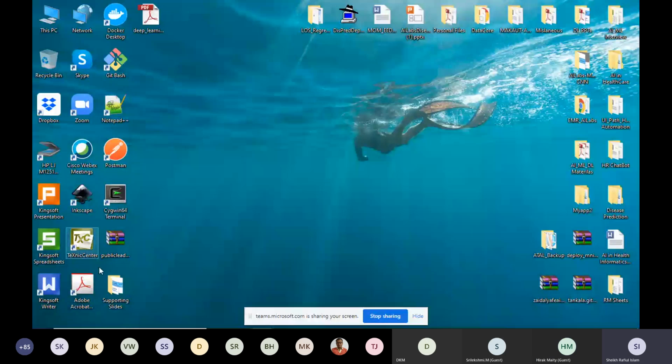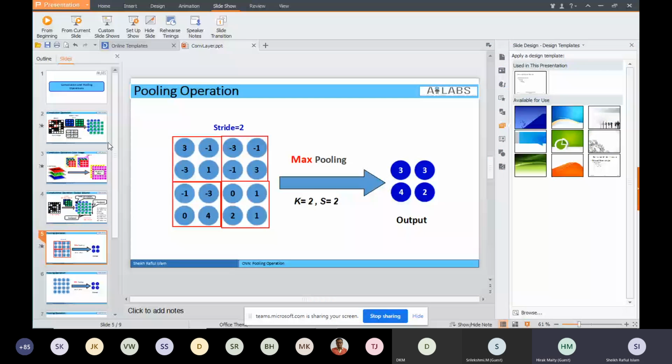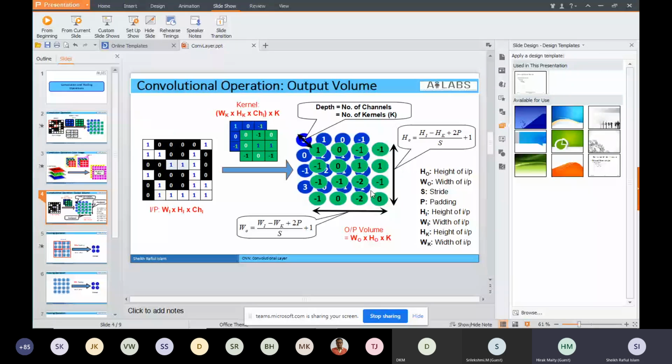Okay, can you help me with where I need to start? I think the convolution operation, all of you, the second slide, you are in the second slide. Yes, just after this. I think from the pooling operation, am I right? Yes, yes. Convolution has been covered. Is this slide complete? Yes. Okay, the pooling operation, from this slide.